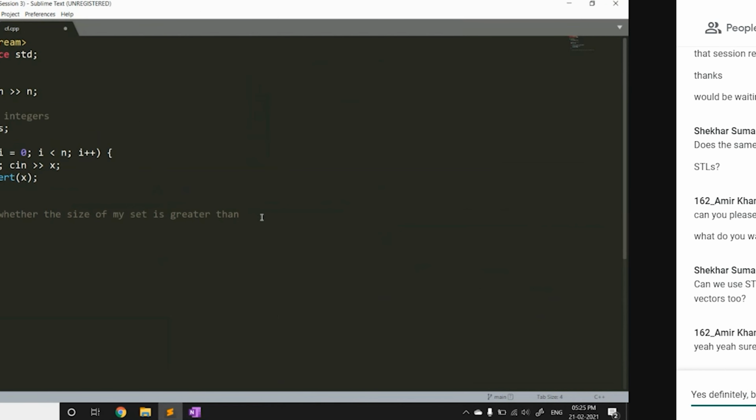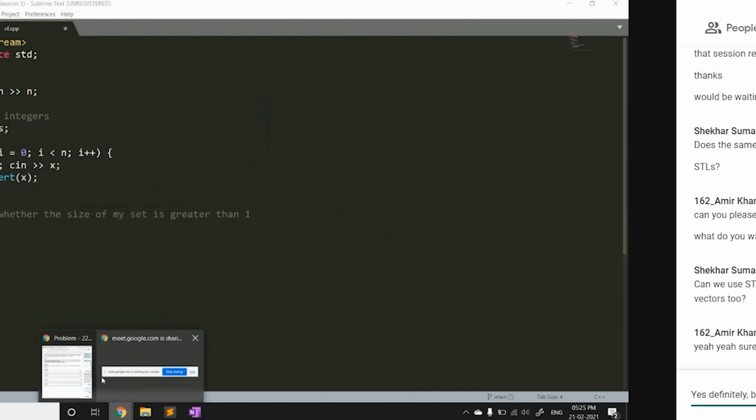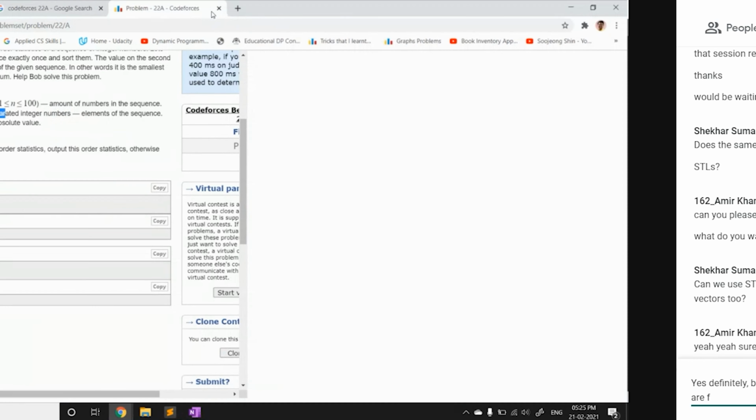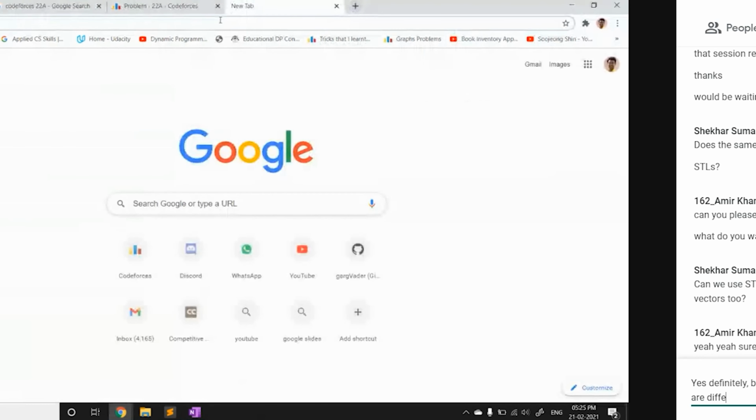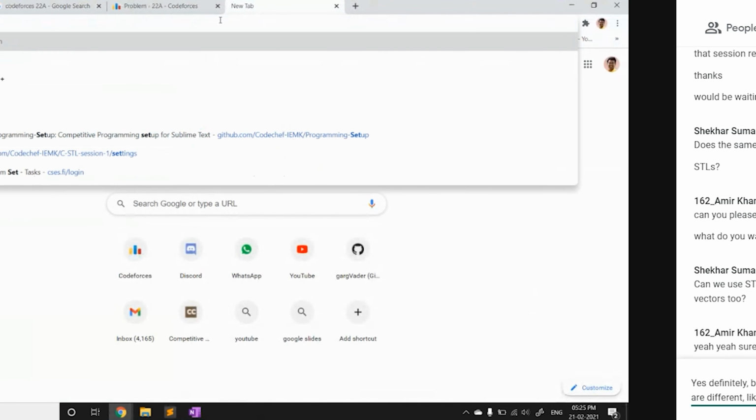So we have to first check whether the size of my set is greater than 1. How will I do this? See, the set STL is a very vast thing. So if you are ever stuck at any problem, if you don't know how to use a particular function or container, you can always search on Google.